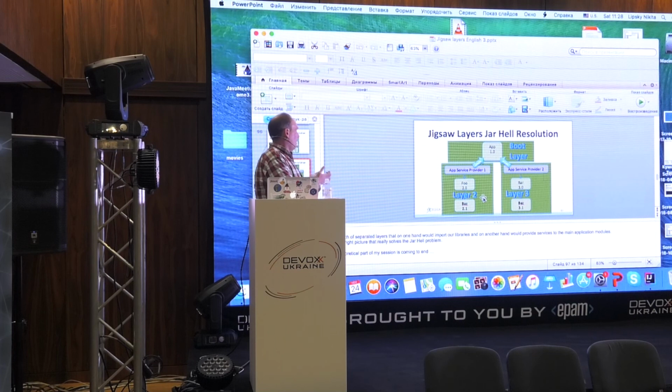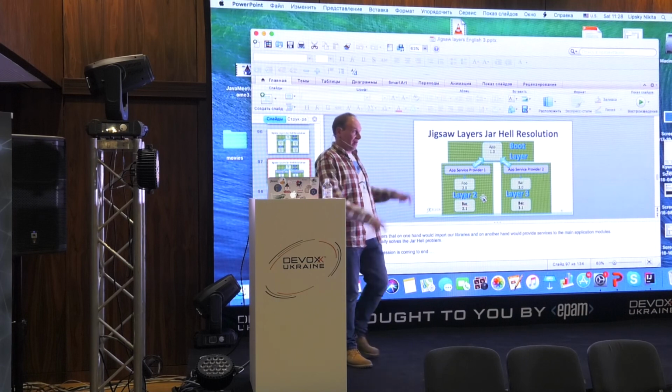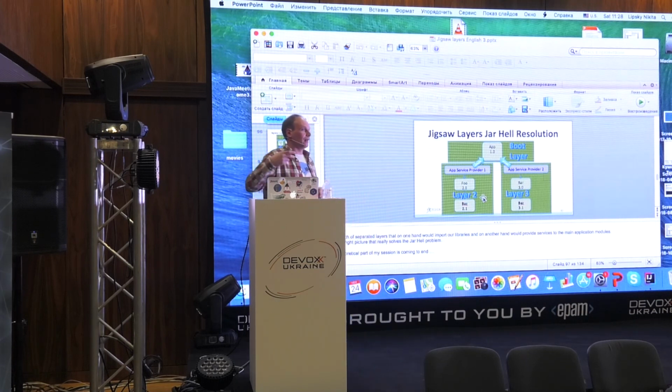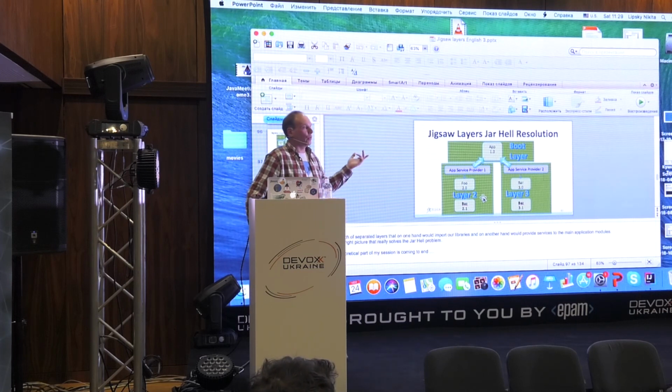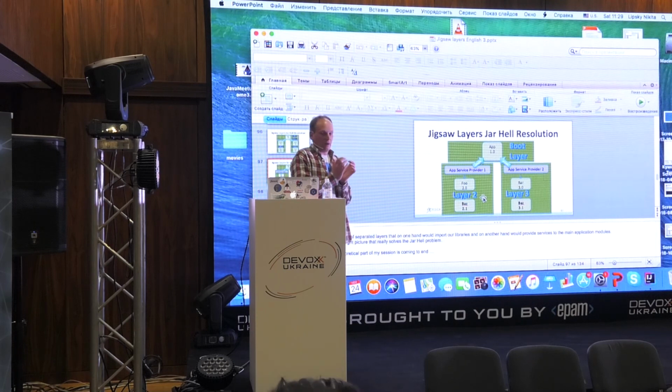Actually, layers can be thought of as microservices, but that live under only one JVM. And actually, if you separate your application into layers, it can be very easy then to separate it into microservices as well. So you will have a choice to either allow this concrete part of a business logic to live in one JVM or in separate JVMs.